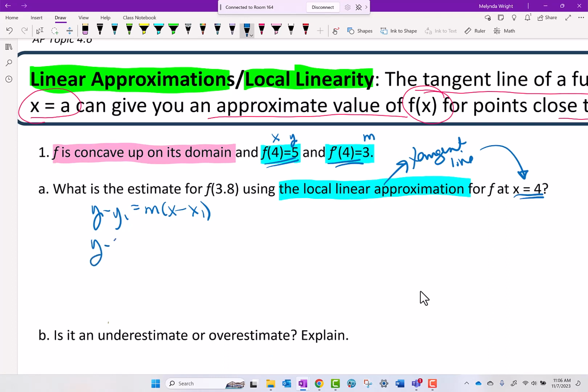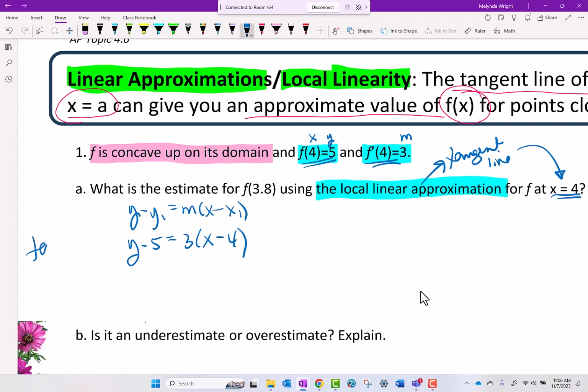So y minus 5 equals 3 times x minus 4. So that is my tangent line. Okay, so this is my tangent line. Okay, so what do I want to do with my tangent line? I want to estimate f